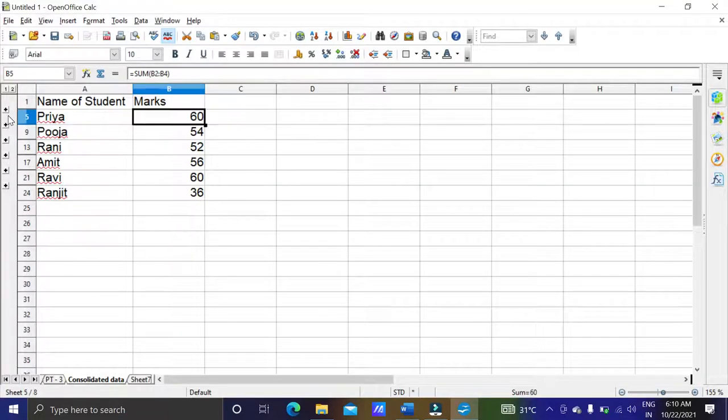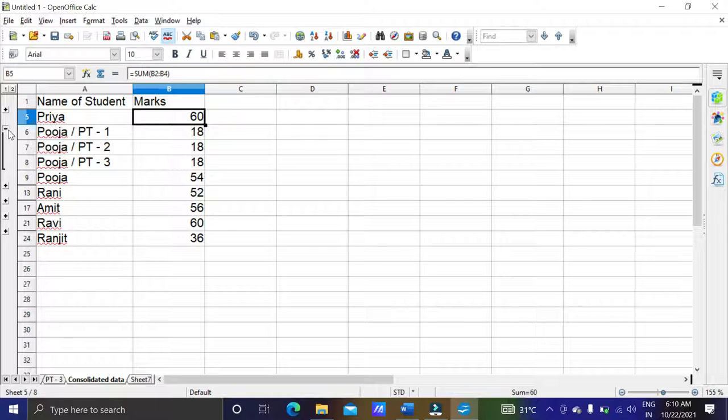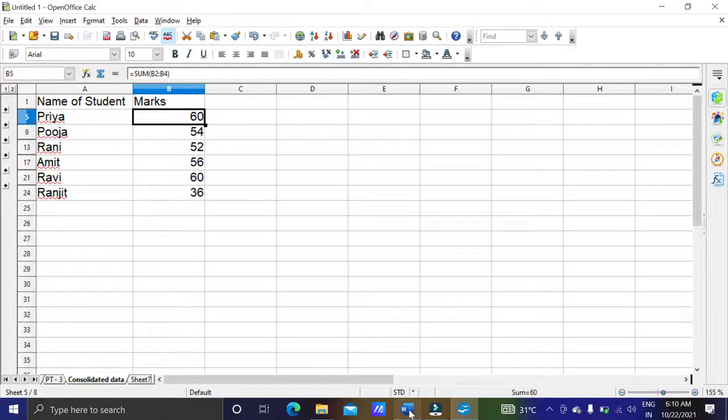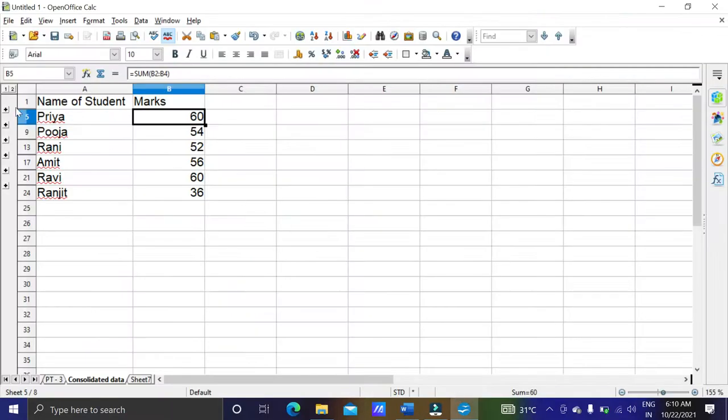We can see them, but basically they are hidden here. Only the final result based on the selected function is displayed. If we want to see them, we have to go for this plus.